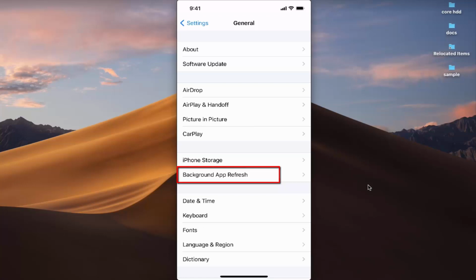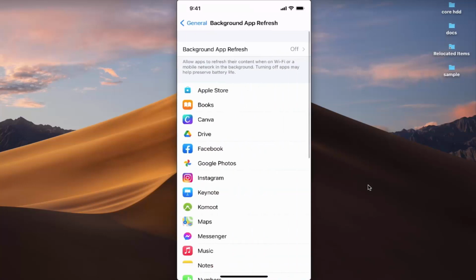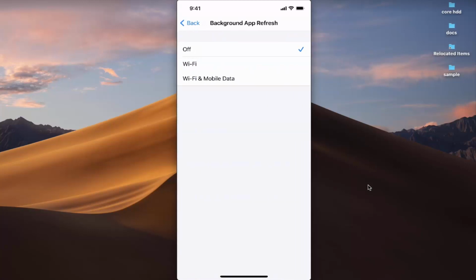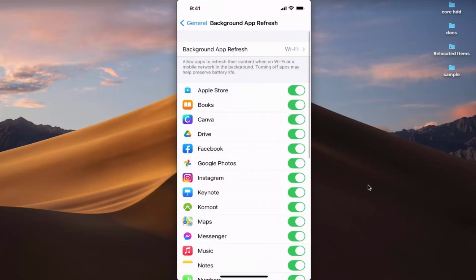So I'm going to press on this option, and once I press on this option you can see at the top right now my background app refresh is off. I can turn it on by just pressing on this button, and then I can choose whether I want to refresh my apps in background over my Wi-Fi or both on my Wi-Fi and my mobile data. So I will just select on Wi-Fi here, which means my background app refresh is enabled,